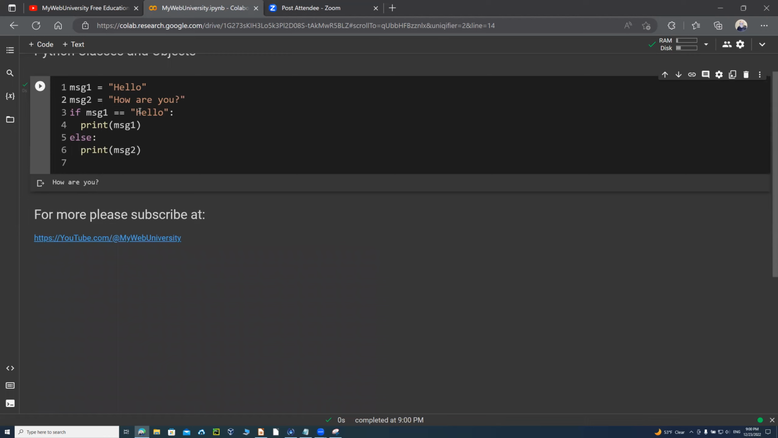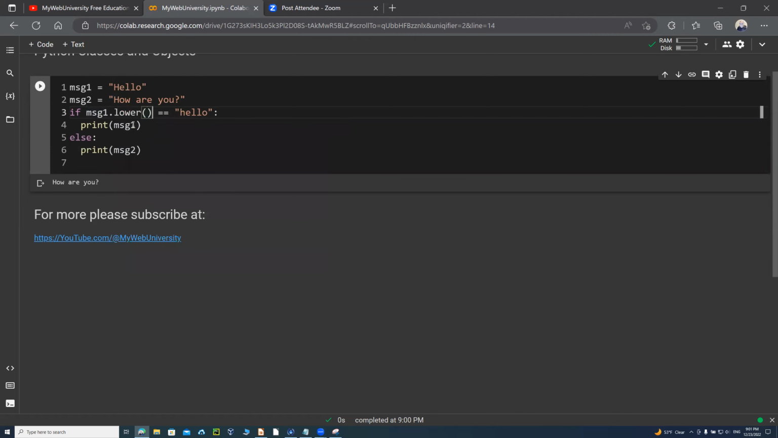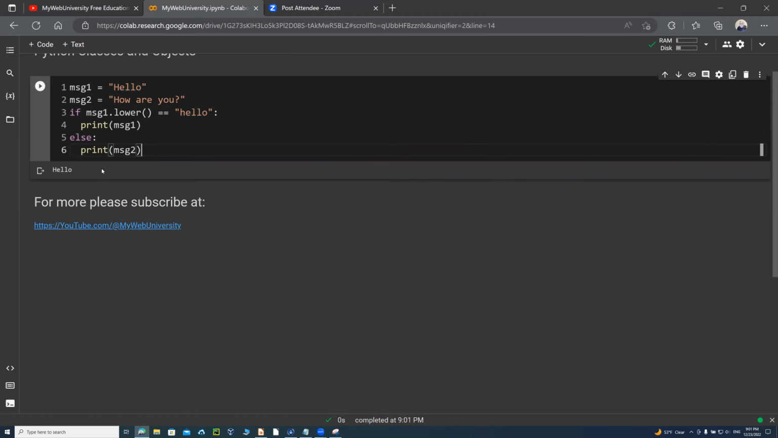So hello is in lowercase, and if I just say if message dot lower, because that string message 1 is converted to lowercase, now we're comparing it, and hello is lowercase, and it just compares that one, and then it writes the message. So this is how simply you could compare with equality, in this case. You can compare a string as well as an integer, a floating point, or Boolean operators. And this is basically some condition that you could put